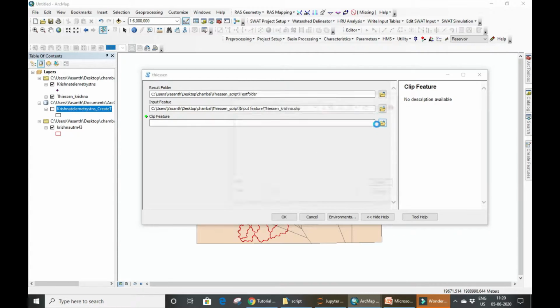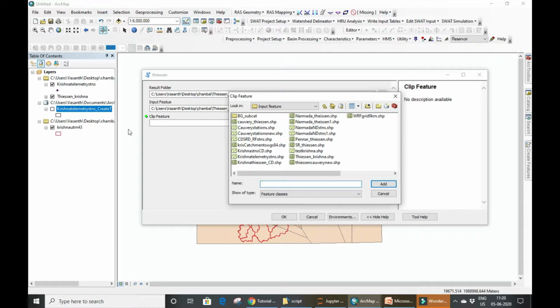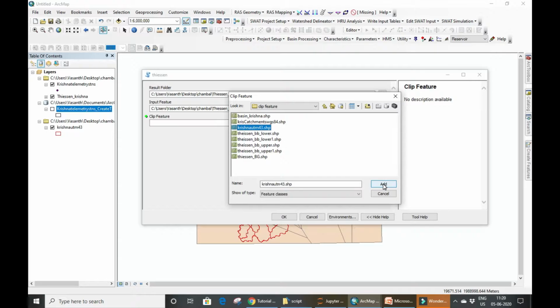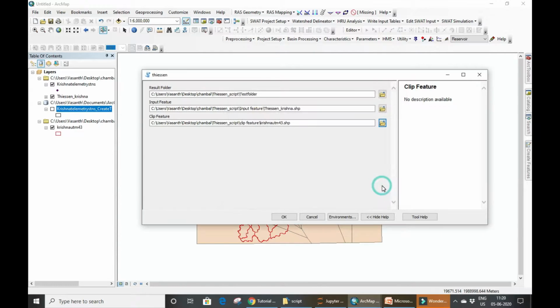I'll use this. For the clip feature, I'll be using this Krishna UTM 43, which is available in the clip feature folder. But make sure your clip feature is in your projected coordinate system, so that when you clip it, the areas you get will be in square kilometers. It's a very important thing when you give this, put it down and say add.